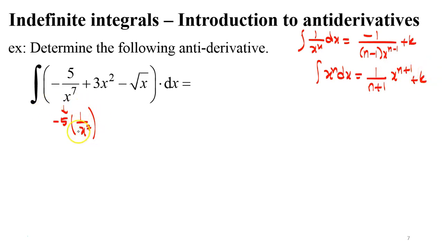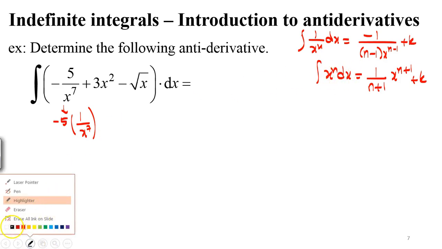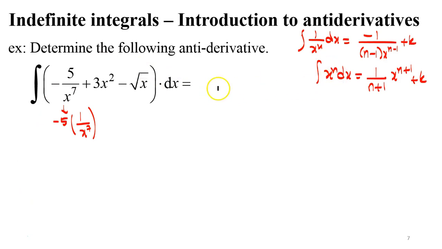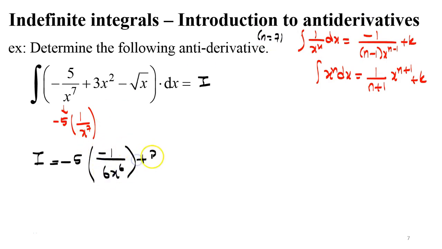I remind you that 1 over x to the 7... So 1 over x to the 7 could still be used using this rule for n equals negative 7, but however, do not forget to just bring back the expression in terms of positive exponents. So if I were to call this integral I, so I just keep the negative 5 and multiply by an antiderivative of 1 over x to the 7. So this rule for n equals 7 would actually give me negative 1 over 6x to the 6 plus